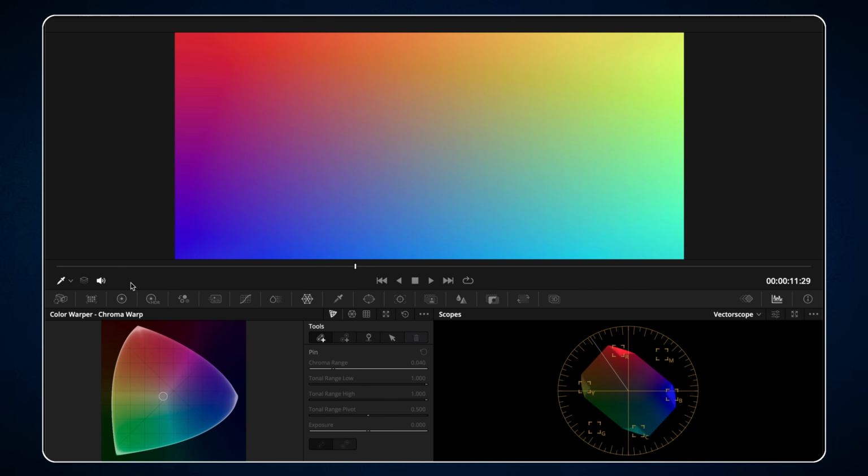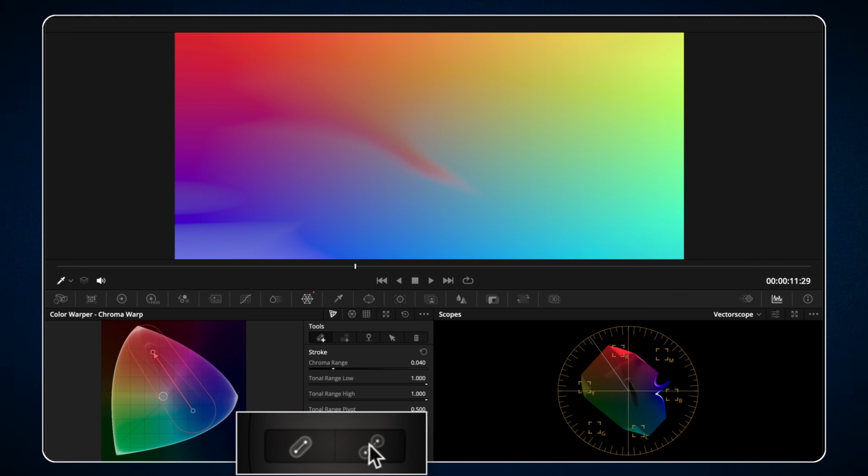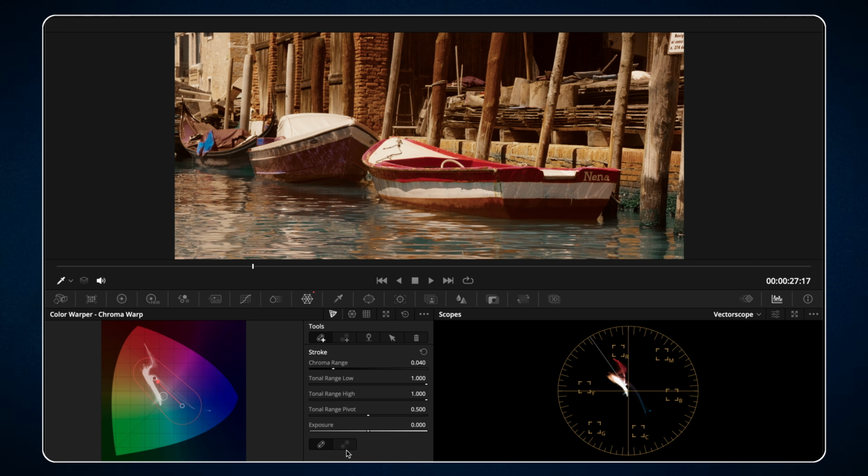Now there are two modes, and understanding the difference matters. Normal mode moves a range of colors smoothly from one place to another. It's great for broader shifts. Point-to-point mode isolates one specific color and sends it directly to another, without dragging everything in between along with it. That's the move you reach for when you need to change a specific color without it bleeding through intermediate hues